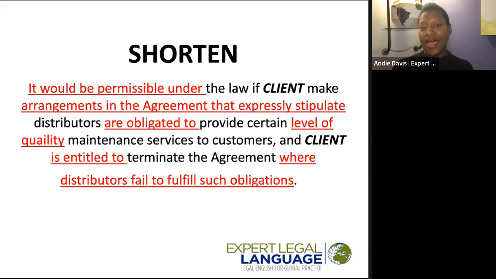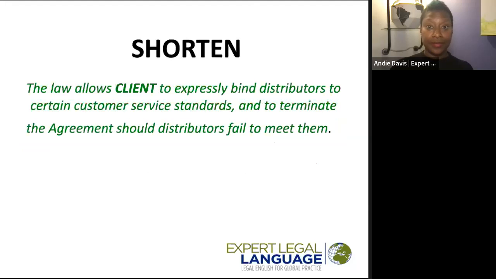And I really think that had this writer taken the time to do that, they might have ended up with a sentence that looked more like this. The law allows client to expressly bind distributors to certain customer service standards and to terminate the agreement should distributors fail to meet them. This sentence fully conveys what the writer was trying to get at in the previous version